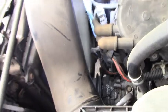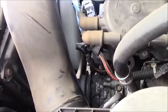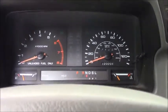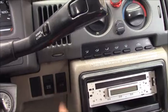Okay, let me turn off the engine and we'll check something more. Okay, guys, turn the engine back to off and then turn the AC to off, no matter what. I see the AC belt is not there,